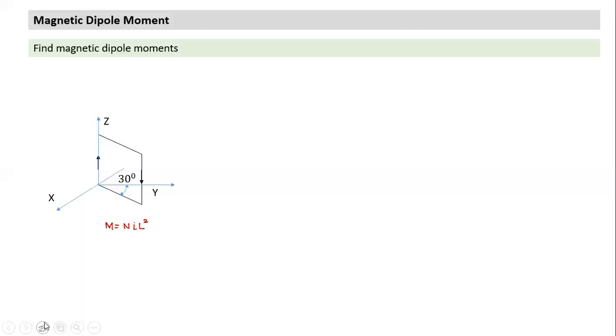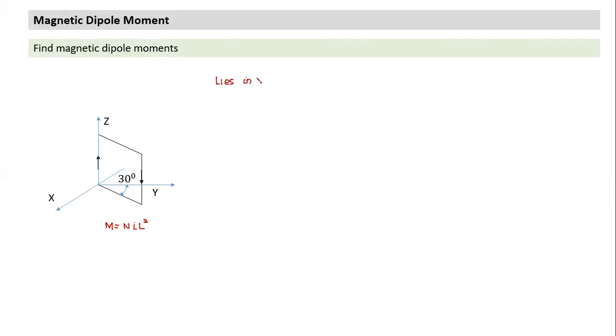Ashray, can you tell me in which direction the magnetic moment points? What is the direction of the magnetic dipole moment quantity? It will point in the XY plane, sir. So basically the XY plane. If it is lying in the XY plane, it has to make some angle. You have defined that it lies in the XY plane.